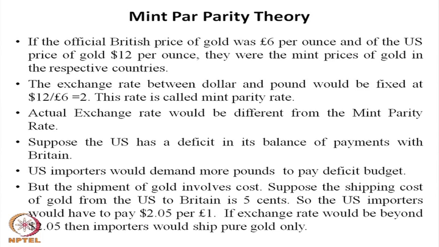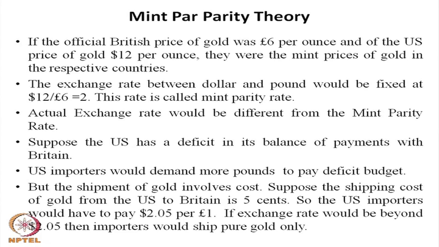Here the shipment of gold involves cost. That cost is the transportation of gold from the US to Britain. Suppose the shipping charges of gold between the US and Britain is 5 cents. So, the US importer would pay $2.05 per 1 pound sterling, because if 1 pound is more than